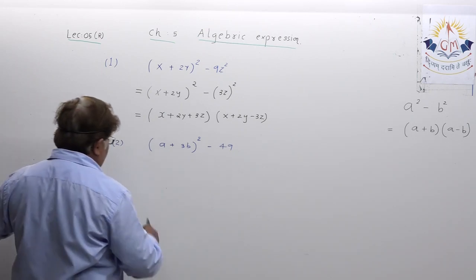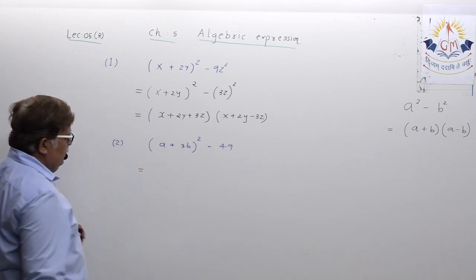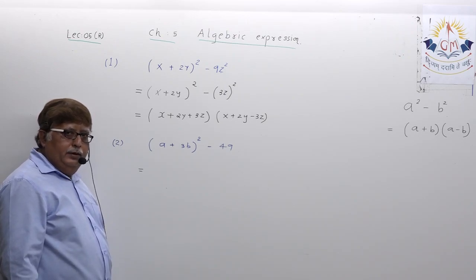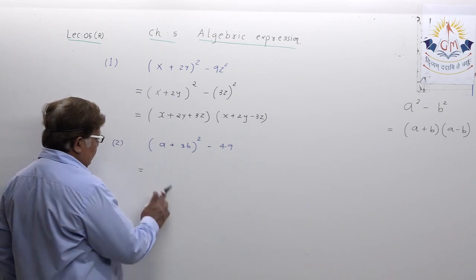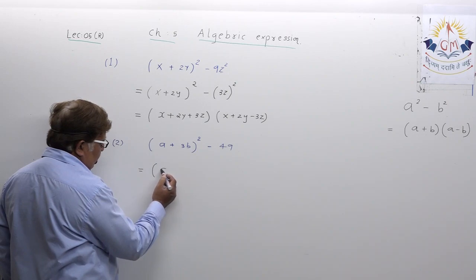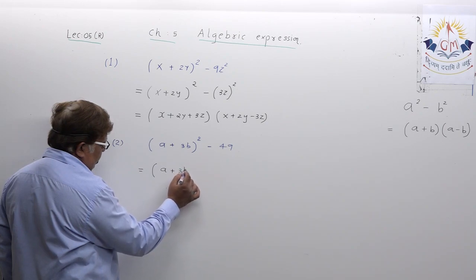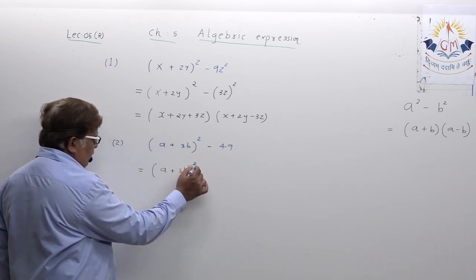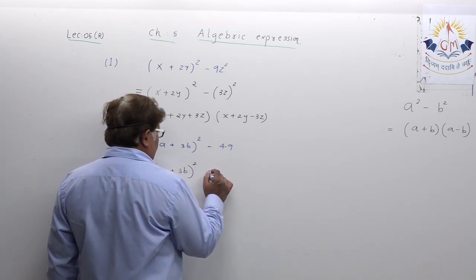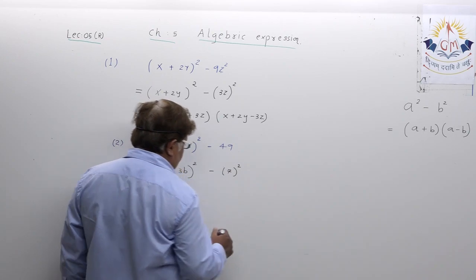I think you must have done it. Let me solve it for you. And dear student, please verify, understand, see. A bracket square is always considered a perfect square term. So its square root is also a plus 3b. Square root of 49 is 7, whole square.